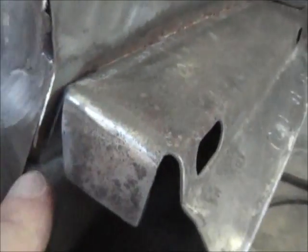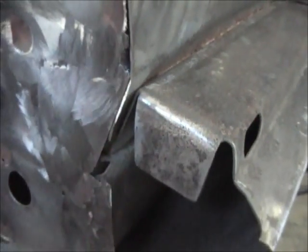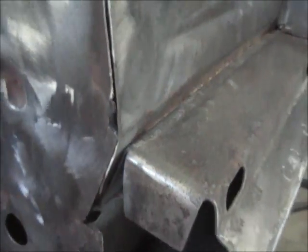I'll probably put some seam sealer in some of these little areas here, just to make sure nothing can get up into this. This is actually below the little hole where it was anyway, but